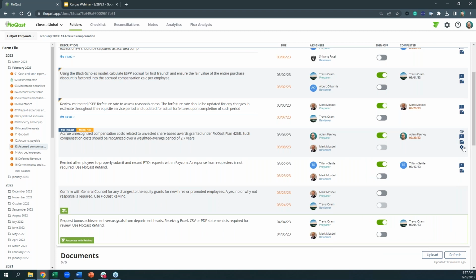Likewise, with Teams and Slack, the notifications about items ready for your review or if items are running late can all be delivered to your Slack or Teams instance. So again, meeting your team where they work, getting an understanding of what's on their plate without necessarily having to log into FloQast itself. There's even an end of day reminder where anything that was due today, you'll get a